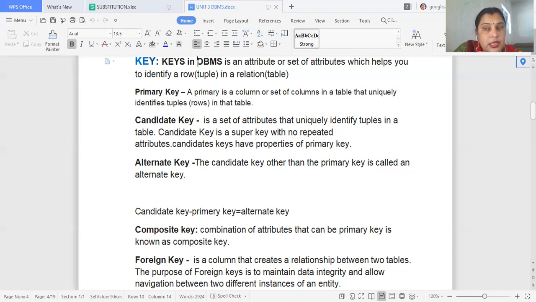So the combination of columns that can act as a primary key of a table is known as the composite key.